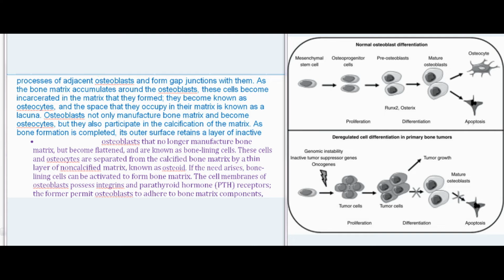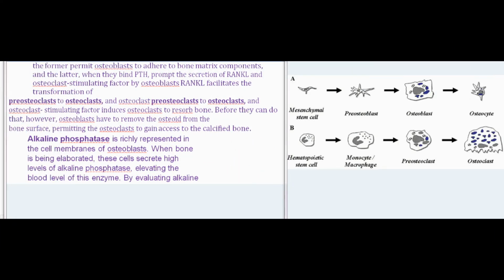The cell membranes of osteoblasts possess integrins and parathyroid hormone, PTH, receptors. The former permit osteoblasts to adhere to bone matrix components, and the latter, when they bind PTH, prompt the secretion of RANKL and osteoclast stimulating factor by osteoblasts. RANKL facilitates the transformation of preosteoclasts to osteoclasts, and osteoclast stimulating factor induces osteoclasts to